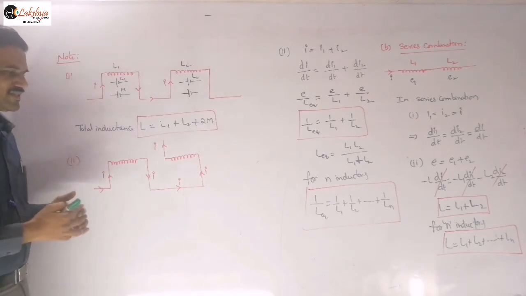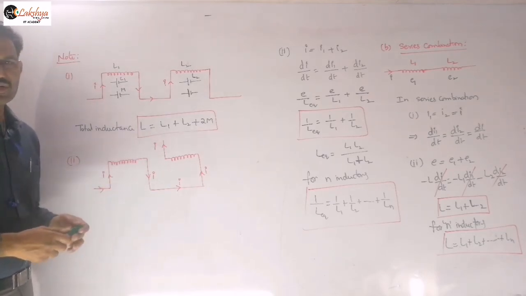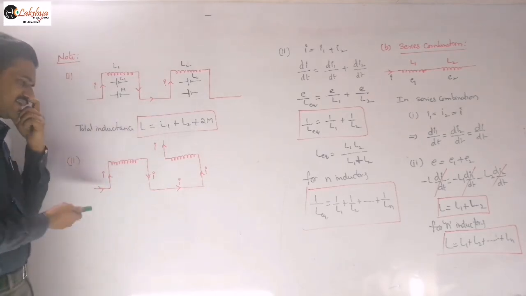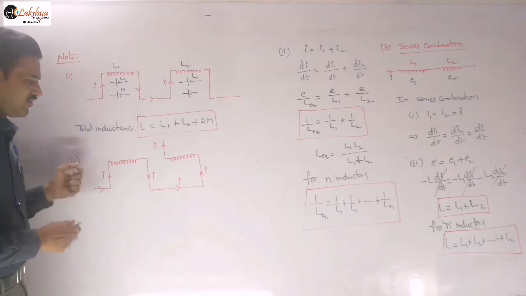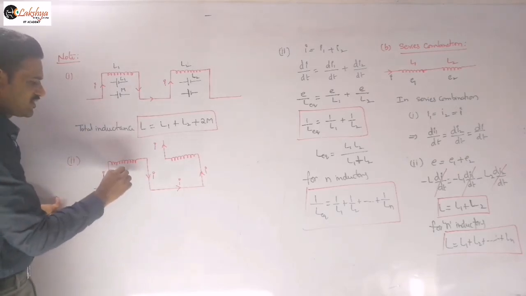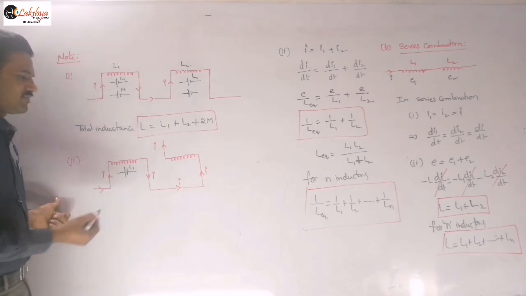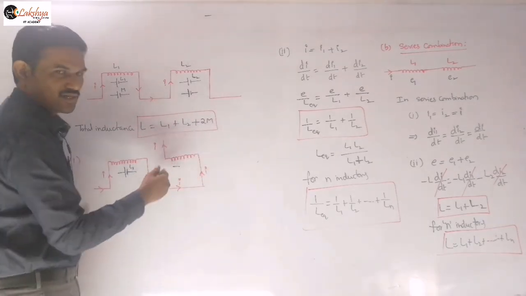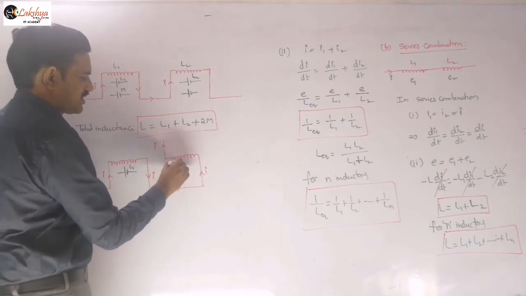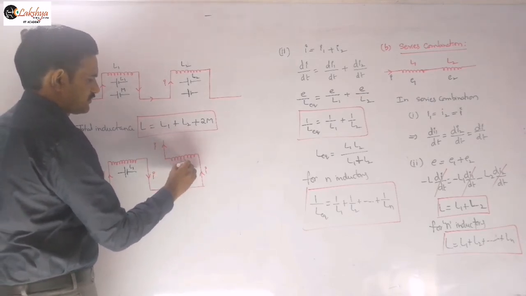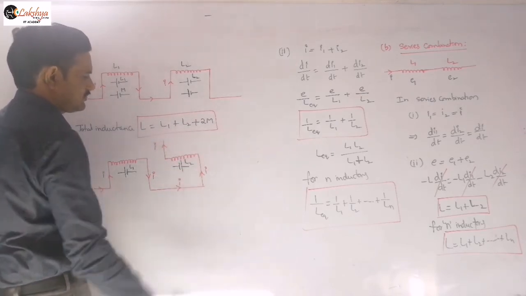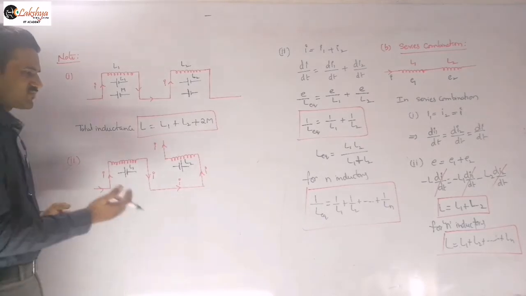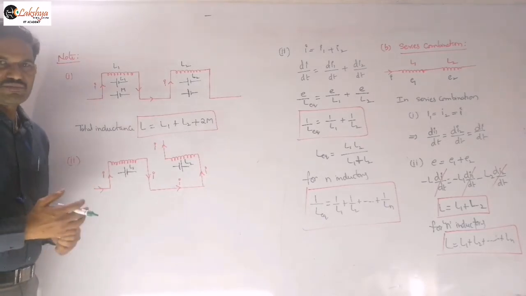Then automatically, as we reverse the current direction, the mutual inductance will be opposite in direction. So again let us consider that current is increasing. When current is increasing, the self-induced EMF will be there like this, the polarities of the self-induced EMF. Similarly here, the current is increasing, and the current is flowing in this direction here. So the self-induced EMF will be there like this, right? L2. And next we need to consider the mutual induced EMF here.